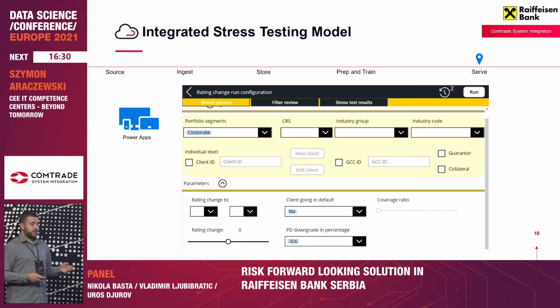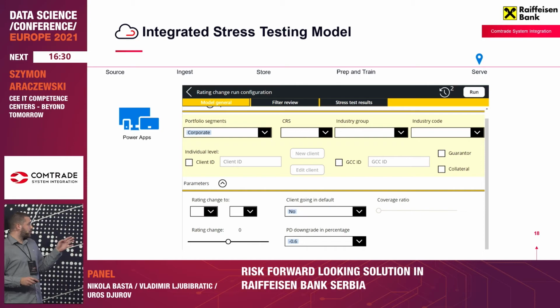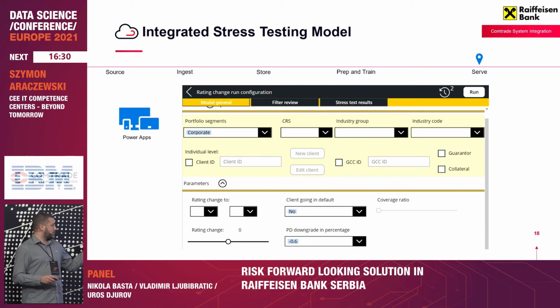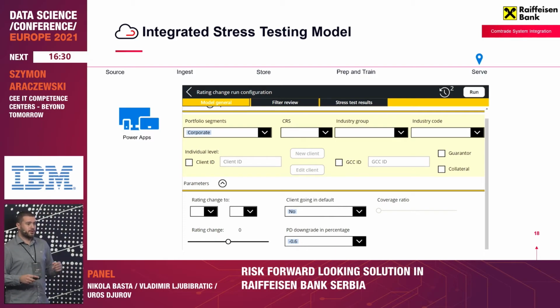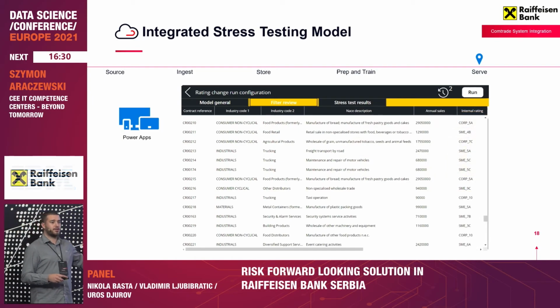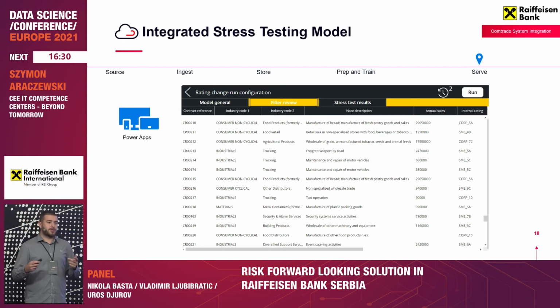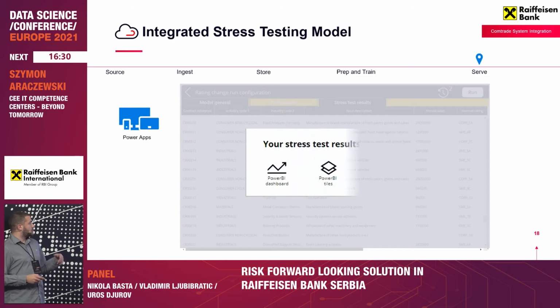You have the user interface from which the users can filter out data and see what they want to transform. You have input parameters that could be created. And from there, the users can always create some specific changes and even do a filter review of what they are doing with the data to know that they exactly impacted that specific batch that they are working on, so they don't have to start queries and wait for the results and then go and run it again, like Nikola explained how it is complicated when you are trying to communicate. From here, you can already see if you created a fault in the first step,